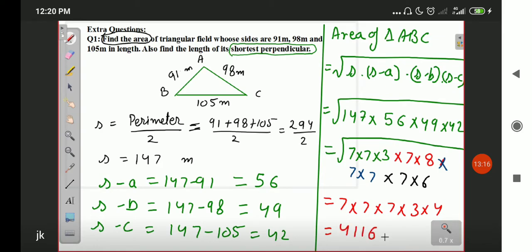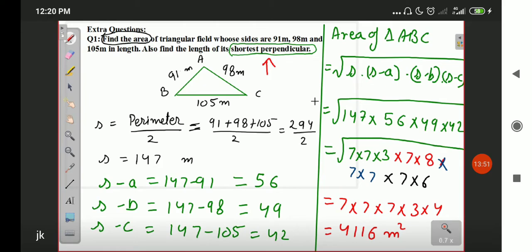How do I do my calculation so fast? Because just now I have completed my live class and the answer was this much only. So I remembered the answer. I have not calculated this one. But for your part, you should calculate it and confirm whether it is correct or not. So up till now we have covered the first part of the question, which was to determine the area of this triangle. The second part of the question is finding out the length of the shortest perpendicular.